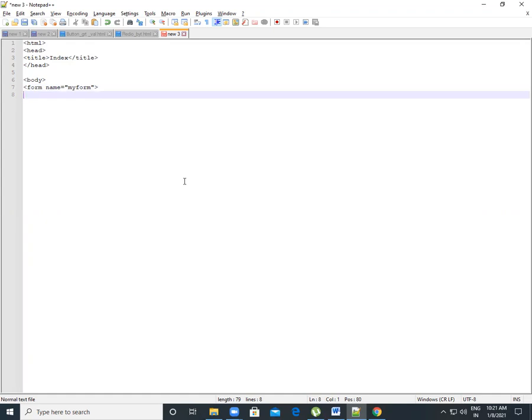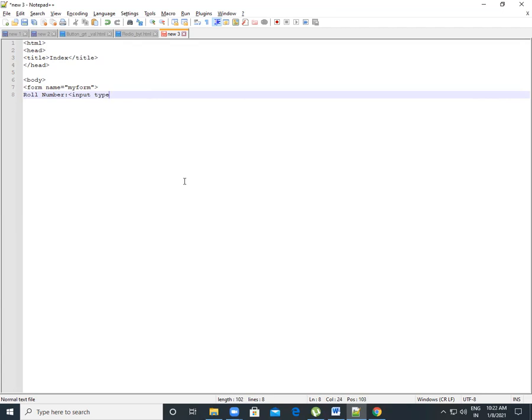Now we have to give some text or label. So we can write a label tag, or otherwise we only write our statement for the information we have to get from the user. So we just write roll number, so the user can easily understand what he has to put in that field.